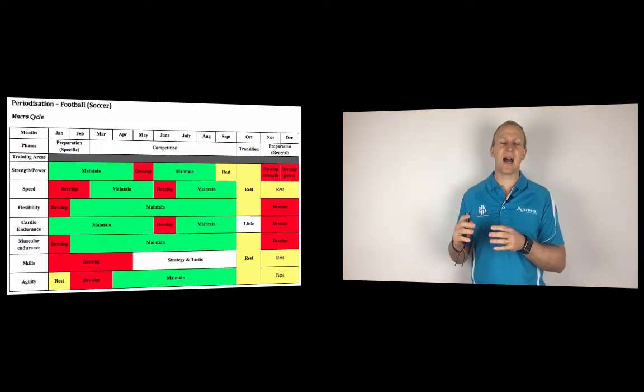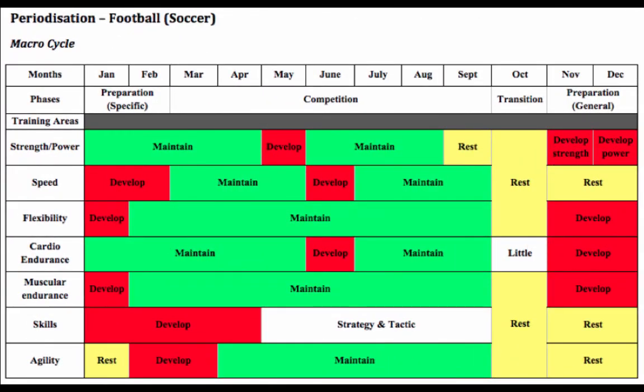So you'll notice in that big chart, during the pre-season, we're going to develop strength, and only really during the general part of the pre-season. So we're looking at about a month there, that's a mesocycle, and then that'll get broken down into weeks where we might focus on particular areas of that athlete and really develop and grow that. So those macro and mesocycles, those sport-specific subphases, are really about when you are focusing on particular components of fitness or other things like skills that are related to your sport.